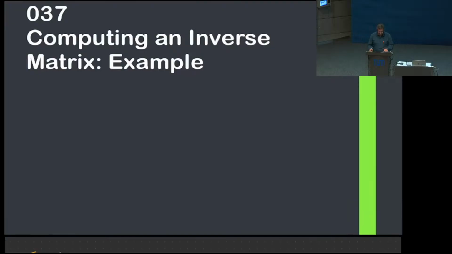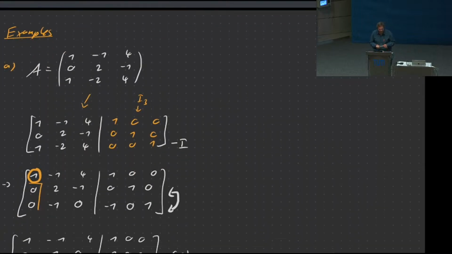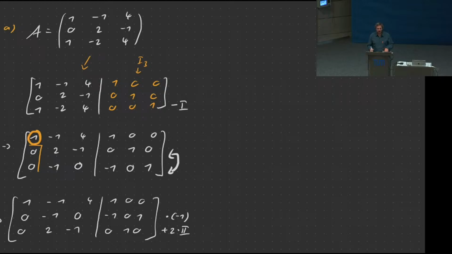All right, so that's the general procedure for computing an inverse matrix. Here's a brief example where we did just that. We want to see if this matrix here can be inverted. And if so, we want to find out what the inverse looks like. And what we do is we start with this matrix on the left and the unit vector, so the identity matrix on the right, 3 right-hand sides at the same time. And then we just do Gaussian elimination steps, right?